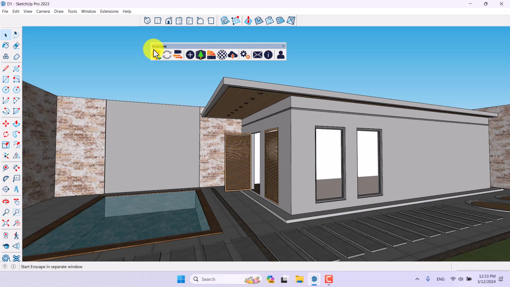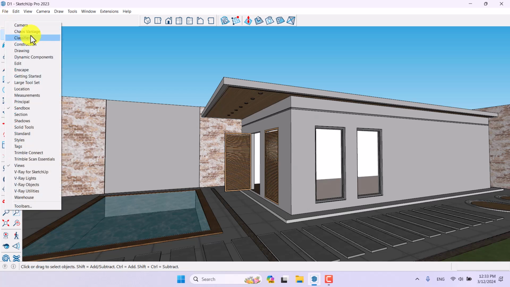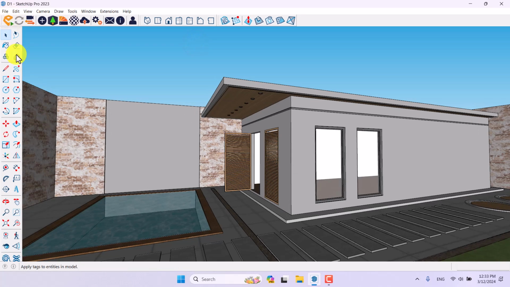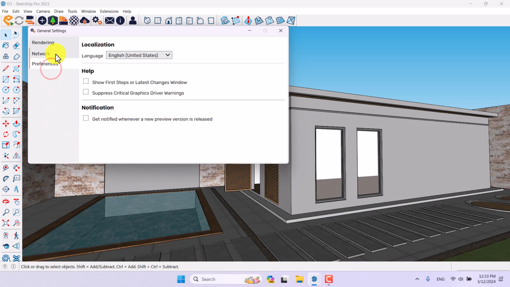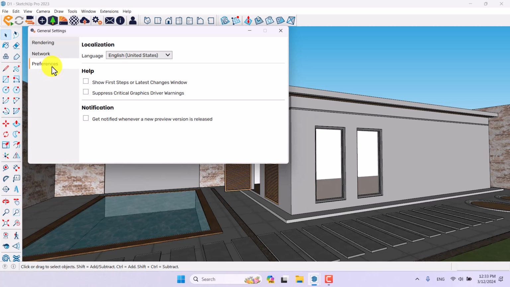As you can see, we can move it in here and we can close it. If you want it to appear in your SketchUp toolbar, you can right click and check out the Enscape in here. So you can move it and drag it in this place. And if you click on the general setting, you can see some important settings about your rendering. First of all, network. Network is really important, so be careful you are connected. We have preferences. It's related to the language and some other things, but the most important and valuable part of this